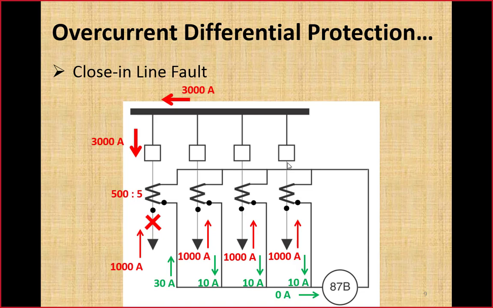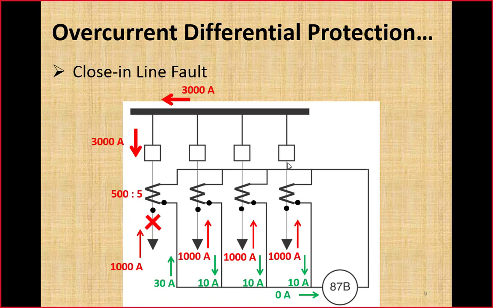This current would be slightly less than 30 due to CT error. And in case of the second, third and fourth, maybe these CTs would also not be able to provide 10 ampere, slightly less than 10, but the error will be less. Due to this reason, net current will flow towards this differential branch. Now, in case this fault current level difference is not too high, that difference current due to CT error will not be high as well.